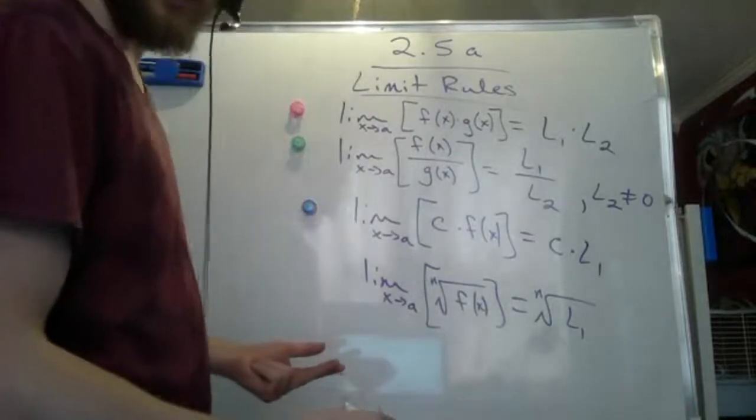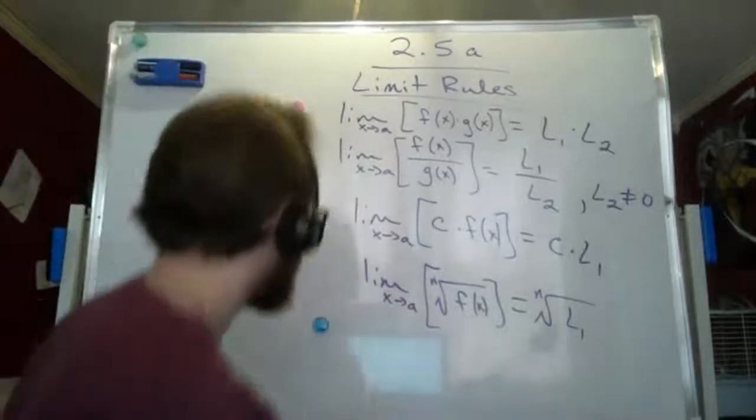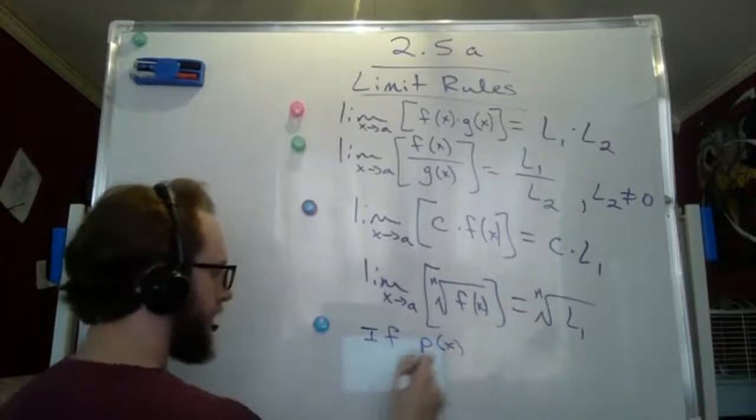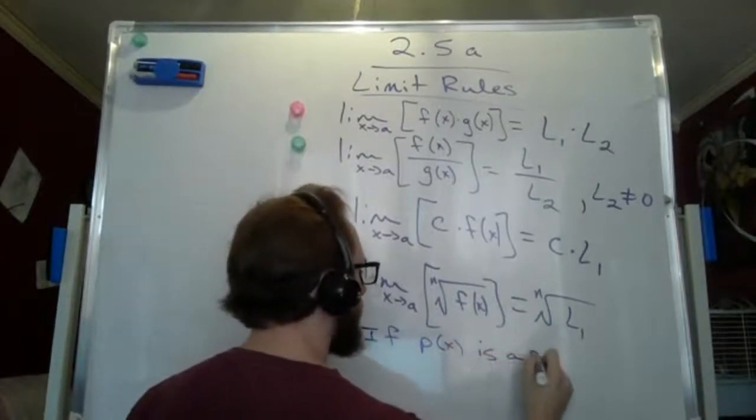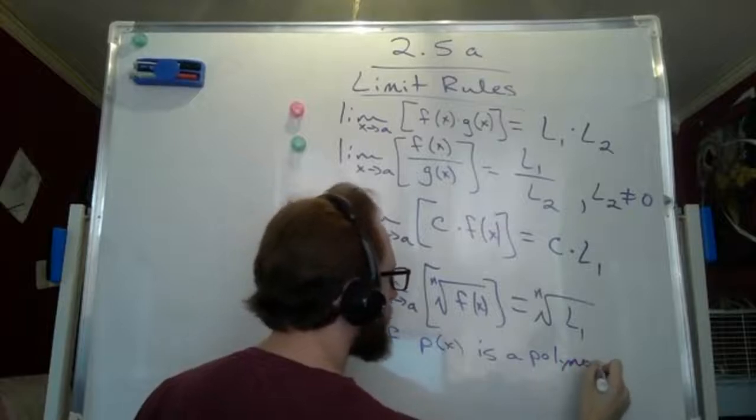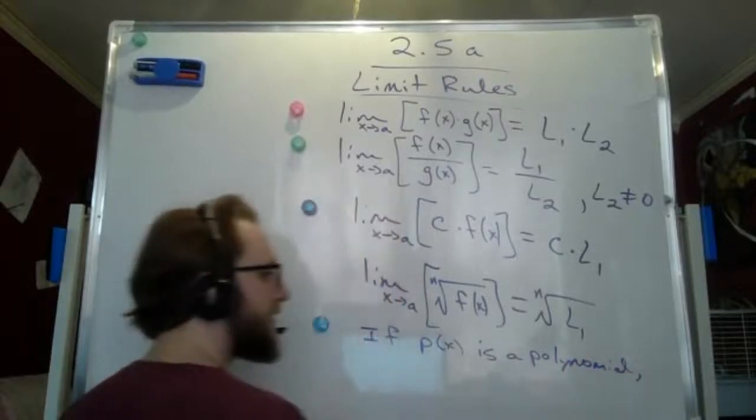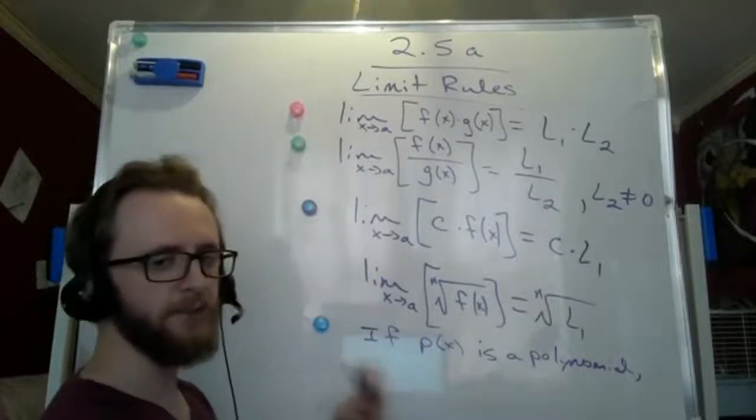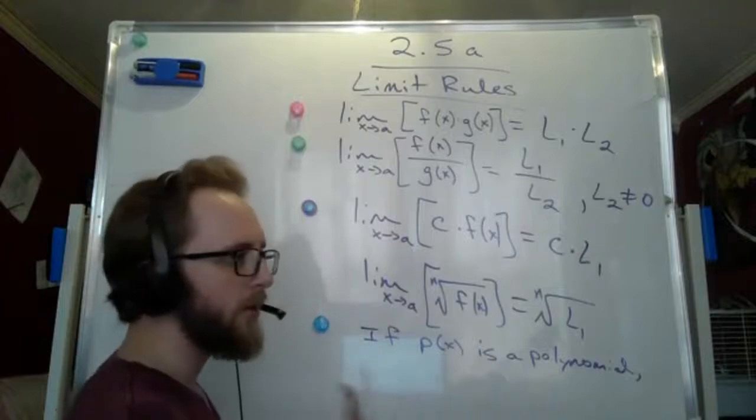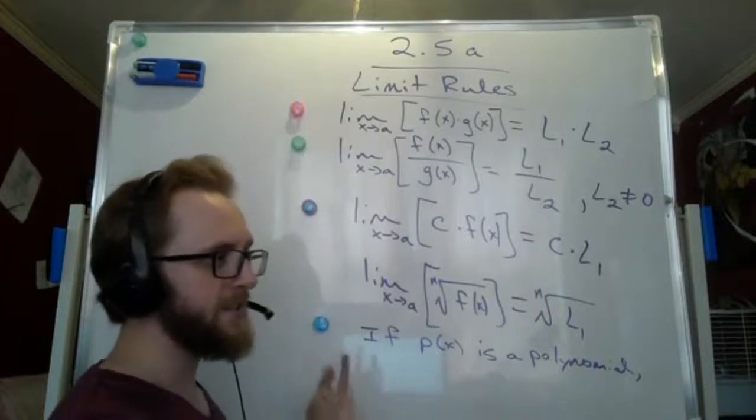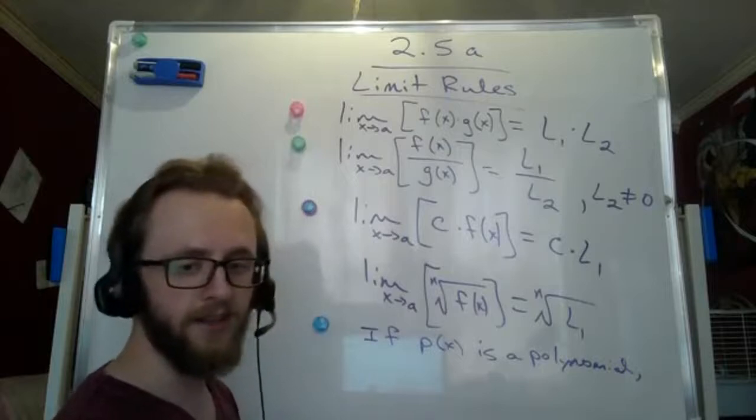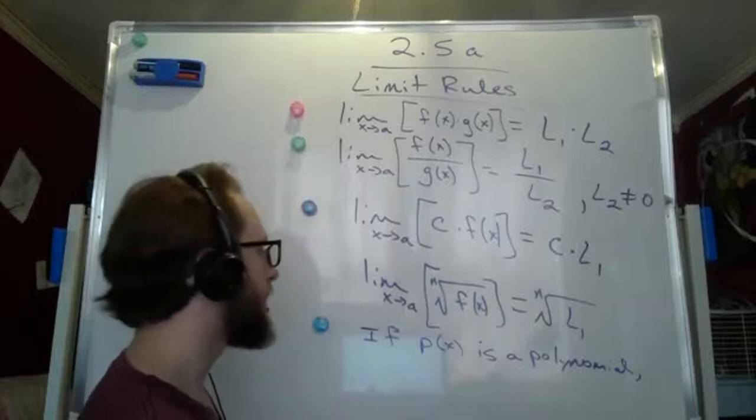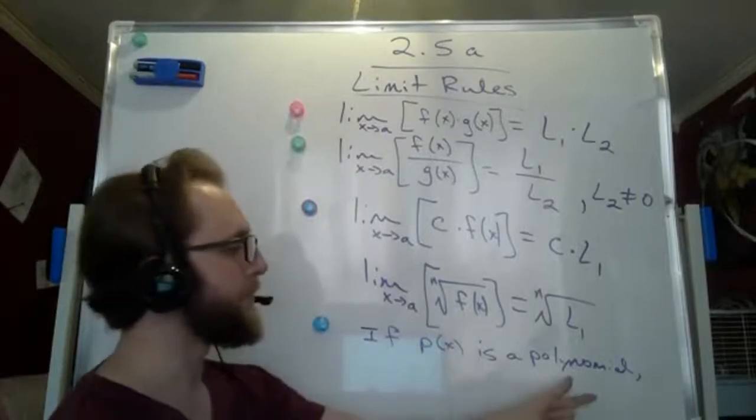So then this last one here, if p of x is a polynomial. What's a polynomial? Well, a polynomial is like x squared plus x plus 1, or x cubed minus x plus 3, whatever. It's some combination of x's to powers that are being added or subtracted against each other. So it's a very broad definition, very broad term, but the power of this is that for any polynomial,